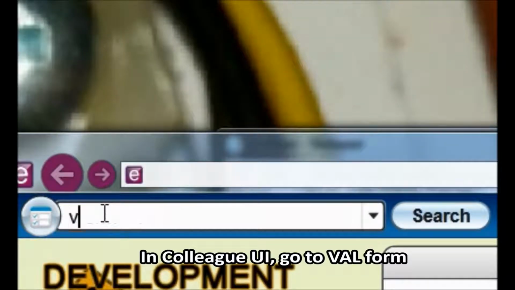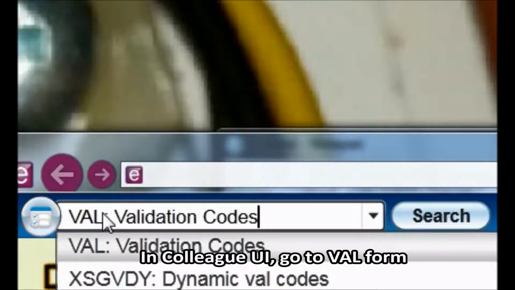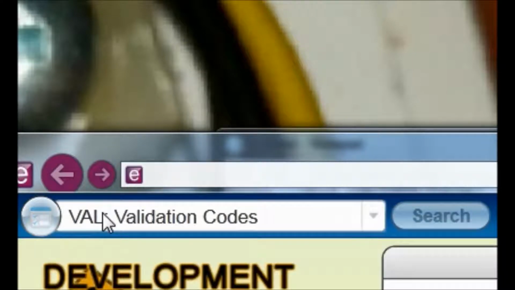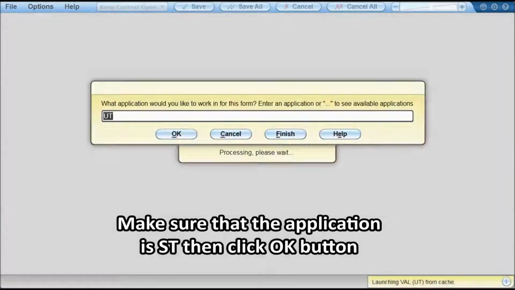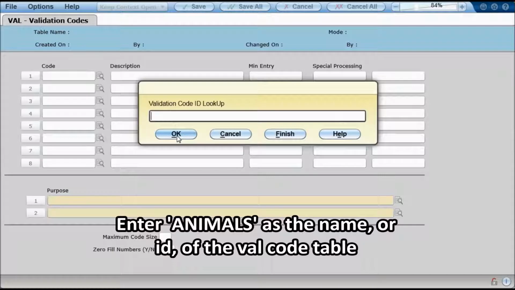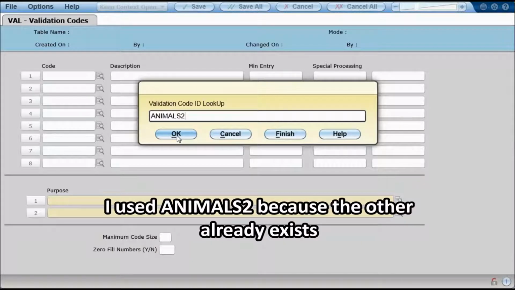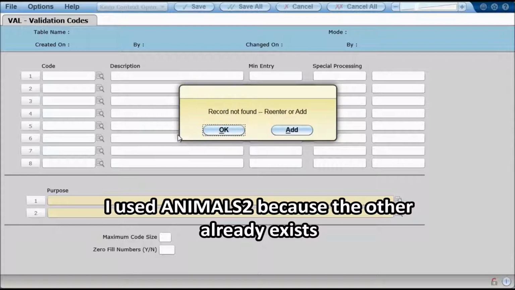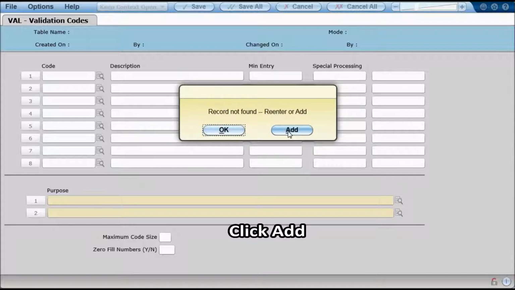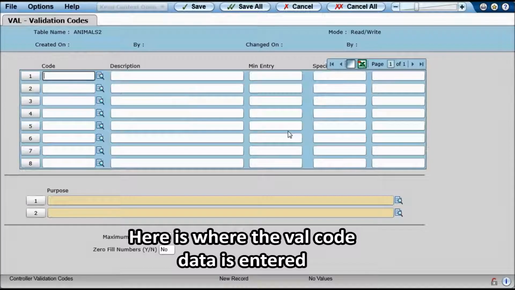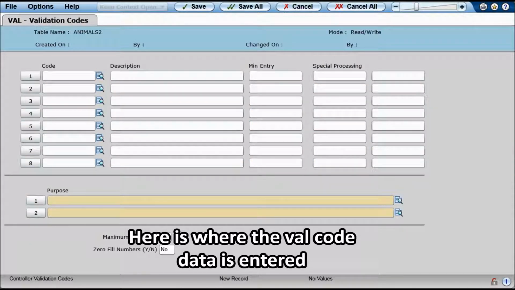In Colleague UI, go to the val form. Make sure that the application is ST and click the OK button. Enter animals as the name or ID of the valcode table. I used animals 2 because the other already exists. Click Add. Here is where the valcode data is entered,